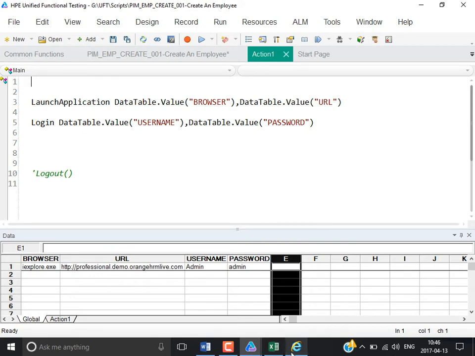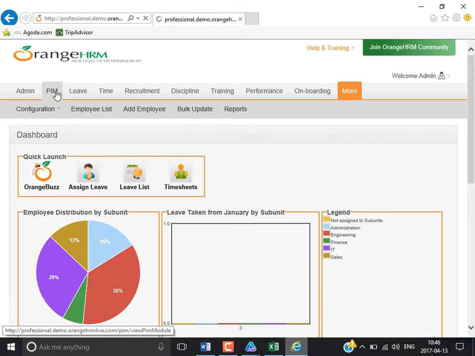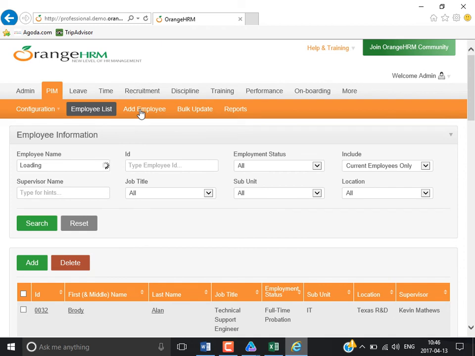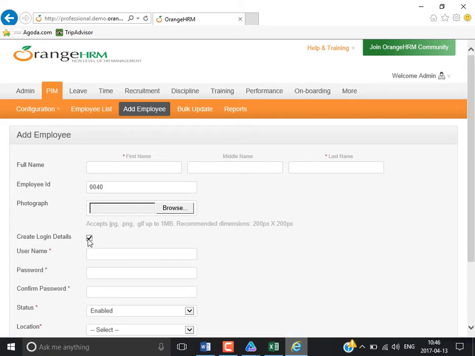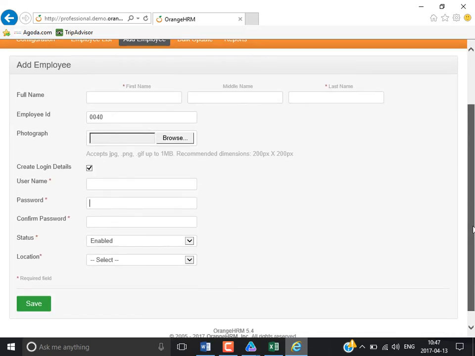Okay, first what I have to do, I need to click on the PIM link, then I need to click on the add employee link, then I need to enter first name, middle name, last name, employee ID with credentials. The checkbox should be selected. Username, password, confirm password, status, and location. Okay, now